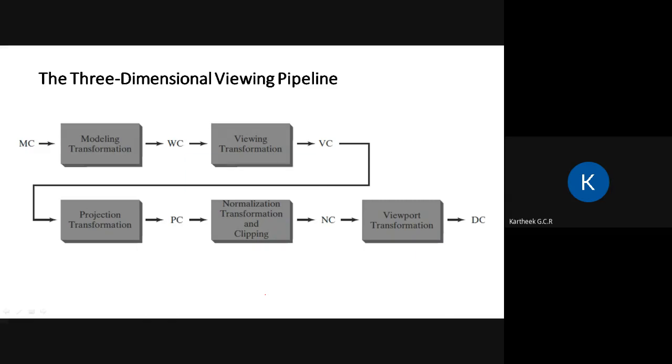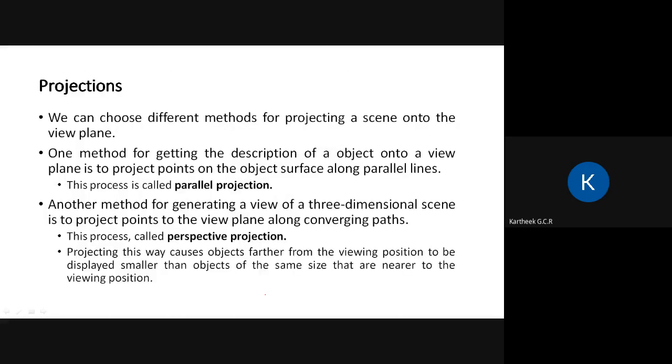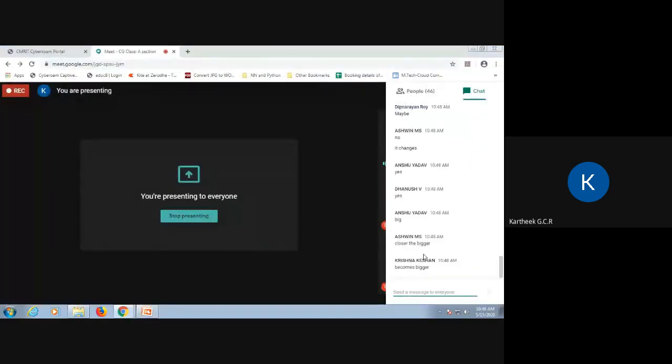Okay. And this, guys, is basically the three-dimensional viewing pipeline. The 3D viewing pipeline takes some amount of time. It might go beyond today's class. This we will discuss together. I hope you guys understood, with respect to today's class, the different kinds of projection, what the changes are with respect to 2D and 3D, and also the use of the reshape function and the use of viewport. Any doubts so far?